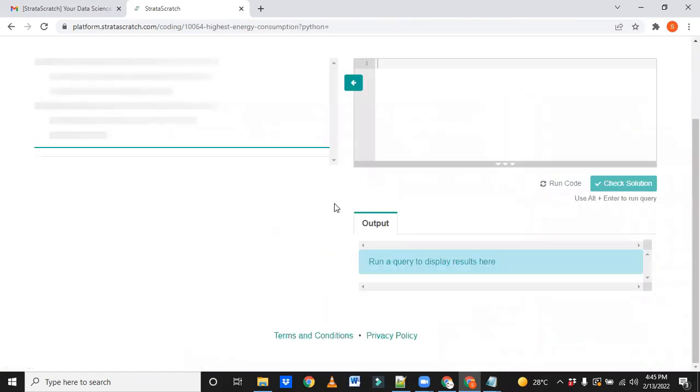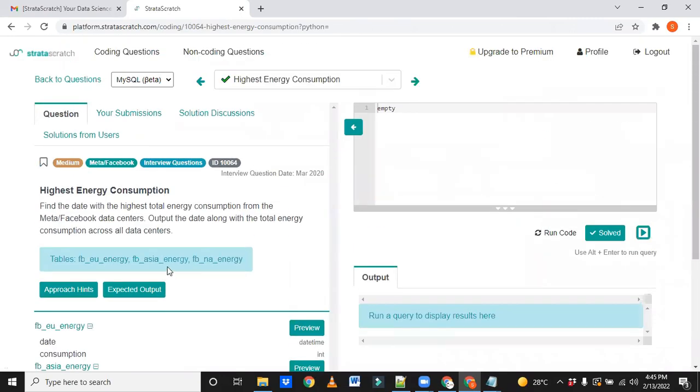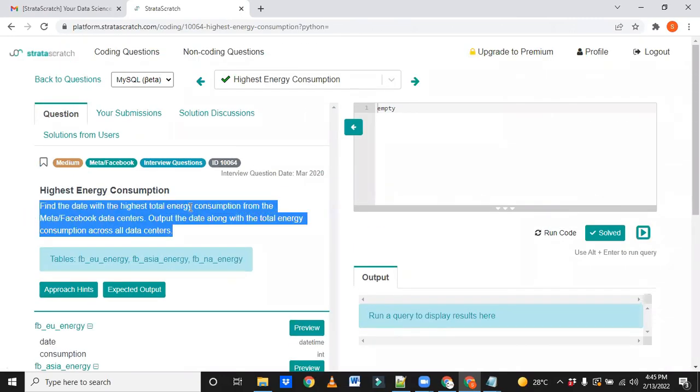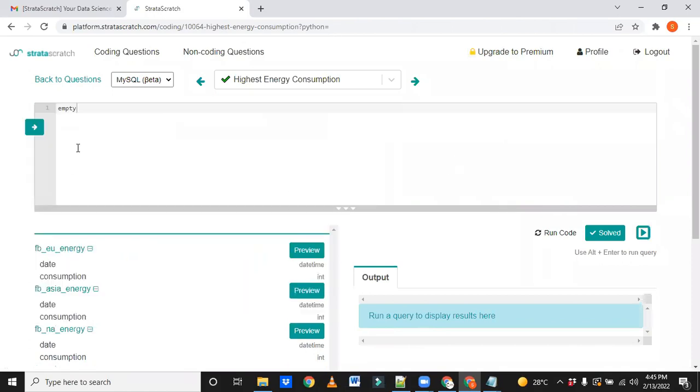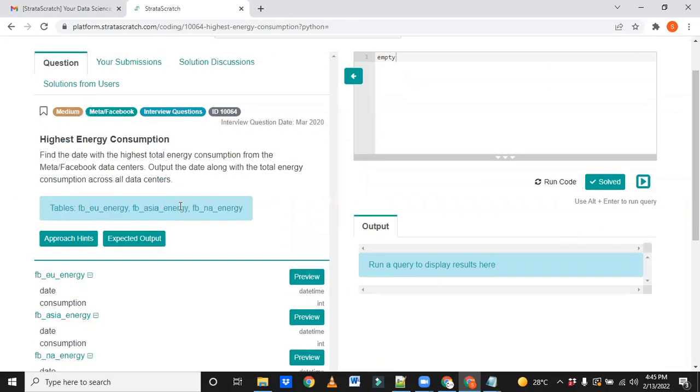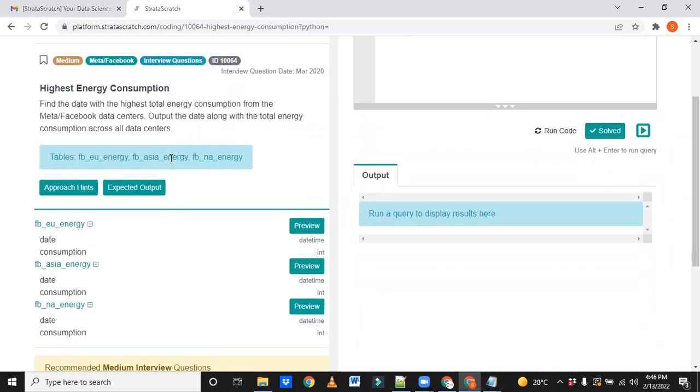Let me open one. If you click on this, it will open. This is the problem statement, and here you can practice. You can write your code here. There are table names, tables already created and sample data already loaded by the company itself. You don't need to do anything, because creating a table is pretty easy and we don't need to learn that at this stage. Loading data is also not a big deal. So there are three tables.